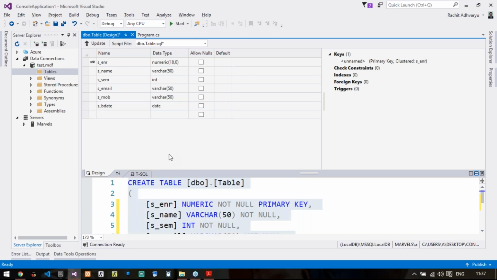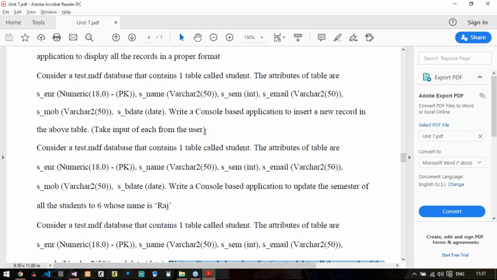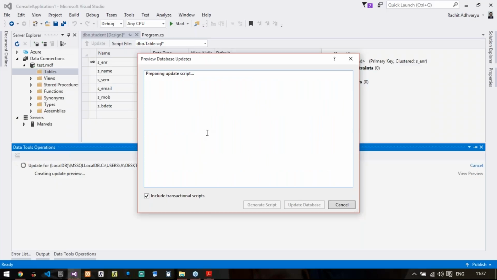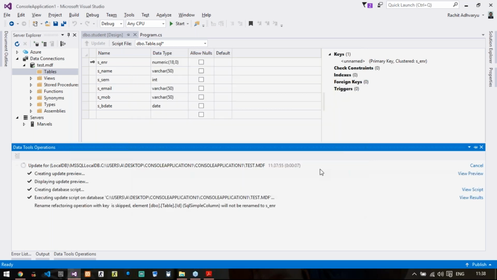The next step, I will rename this table to student and then click on update. So it will generate a script automatically in the backend, and I will just provide update database option. So yes, update completed successfully message has been displayed. So your table is ready. Now what I will do is I will first enter some dummy data. So show table data. Just to use select query, I am just entering some dummy data.